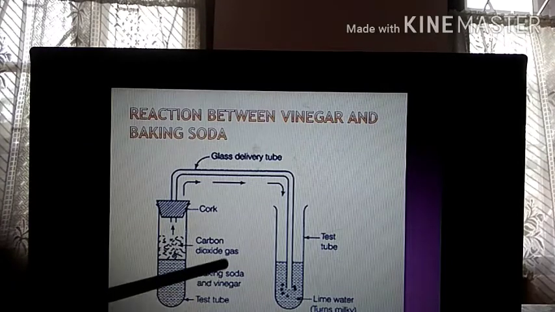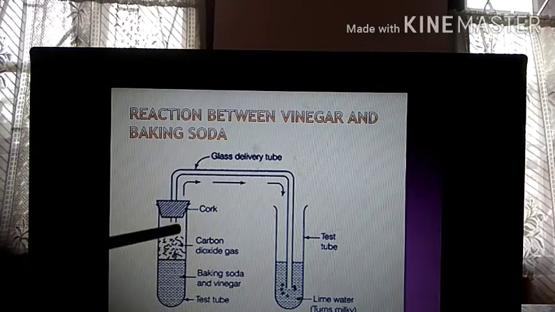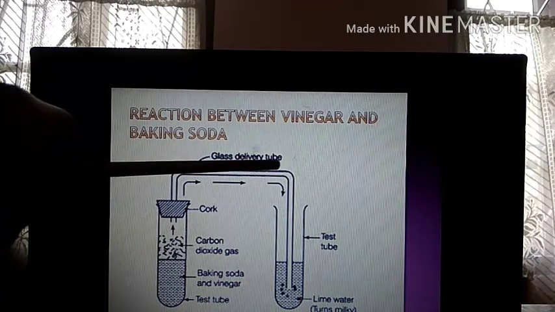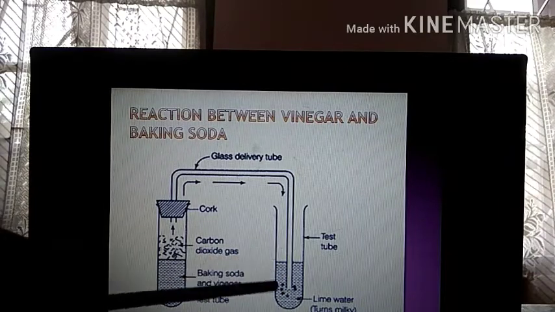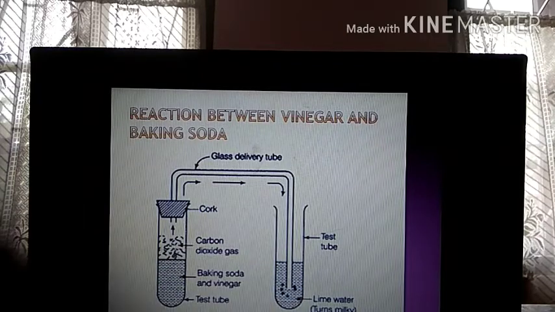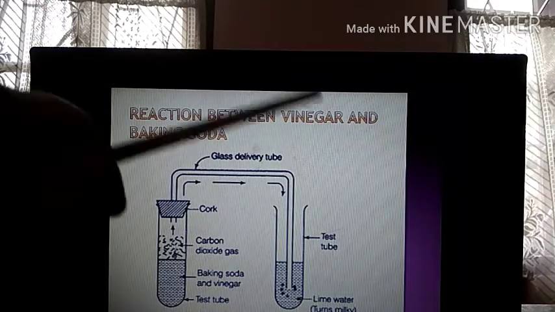That means when you mix vinegar and baking soda, carbon dioxide gas comes out. That hissing sound, the fizz sound, you will hear. The same fizz sound you will hear when you open a new Coca-Cola bottle, as if the gas tends to come out. That is also carbon dioxide. So this carbon dioxide gas will pass through this bent tube and mix with the lime water, that is calcium hydroxide. And what will happen to this lime water? It will become milky. Why will it become milky? Because carbon dioxide gas is passing through it, and now this will become calcium carbonate. Is it clear? So this is the entire reaction.